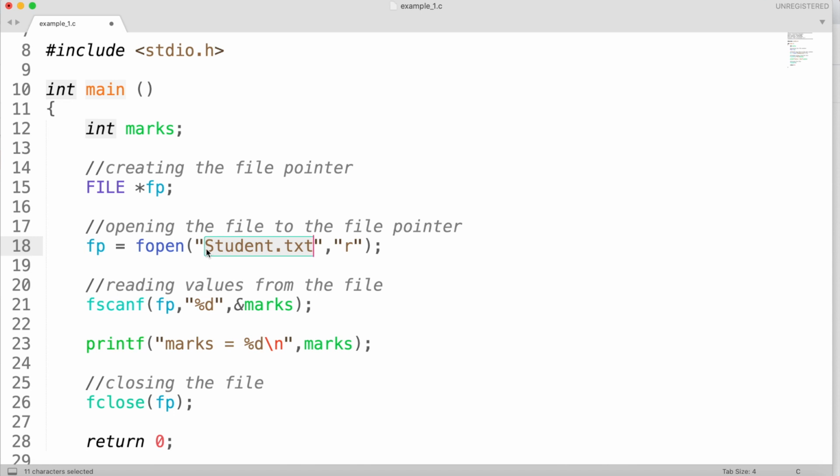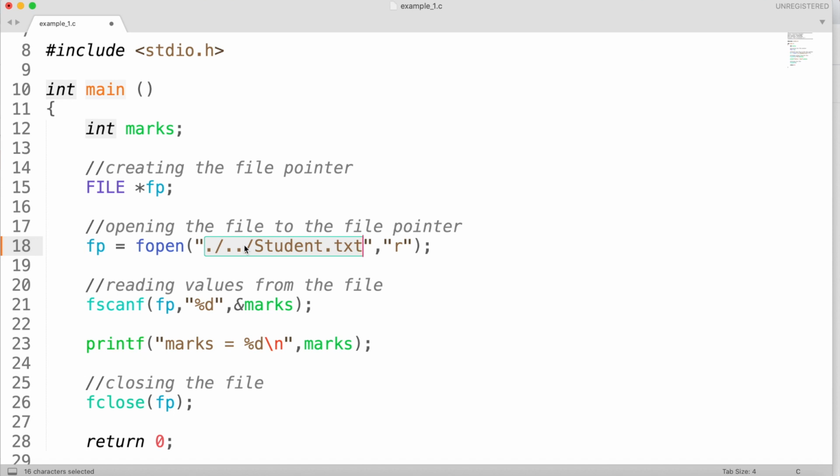And if I want to look one level above this folder, I can specify it this way in the relative path. That means I'm giving the path relative to where my current program file is located. If you give the file path like this, I'm telling it that you can find student.txt one level up in my folder structure, wherever I am executing my program right now.